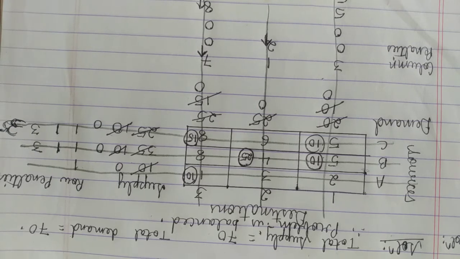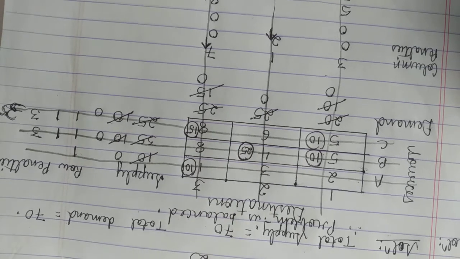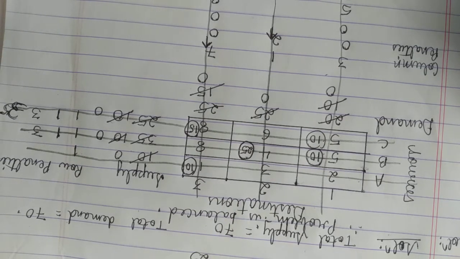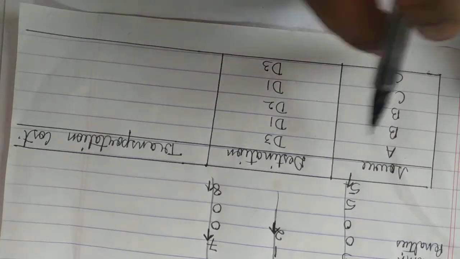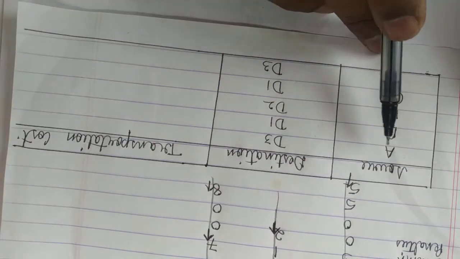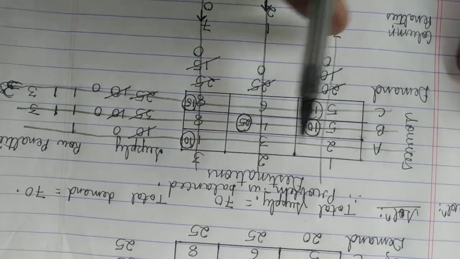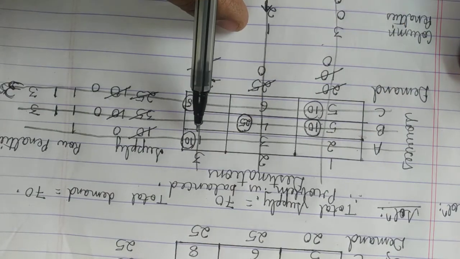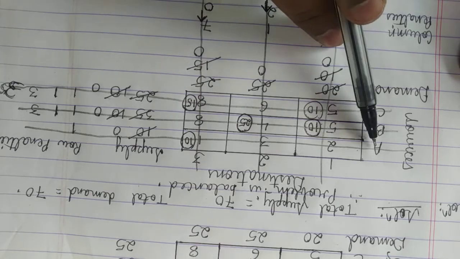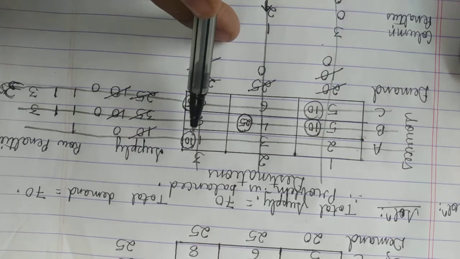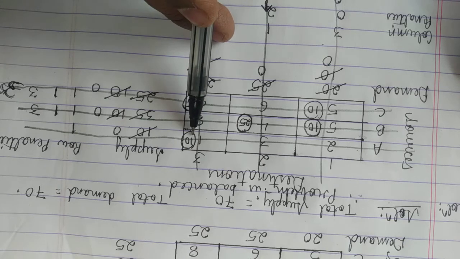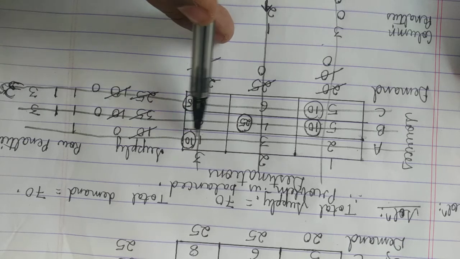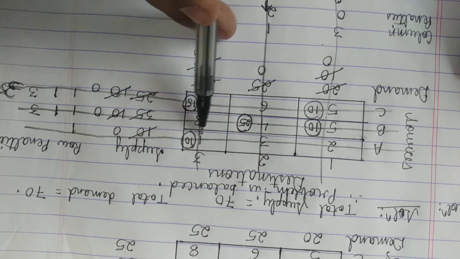Now let us find out how to find the total cost. Let us see how this works out in the table. I've prepared a table here: source, destination and transportation. The first allocation is AD3, that is destination 3. So from A to 3, how many units are you transporting? 10 units. What is the unit cost? 1. So 1 into 10 is the transportation cost.